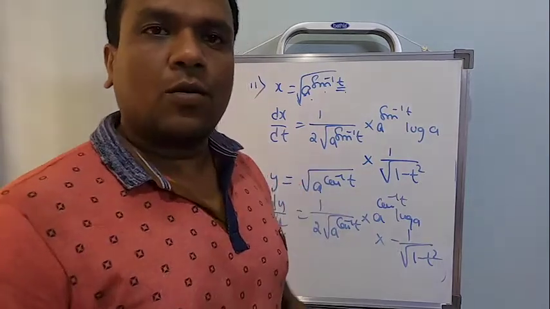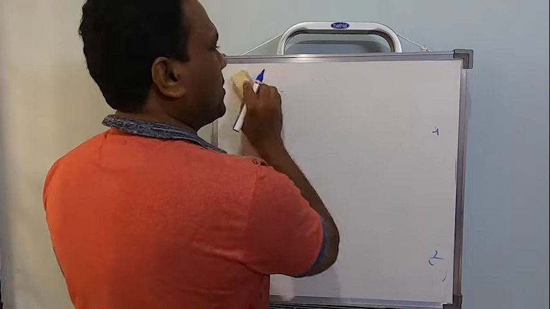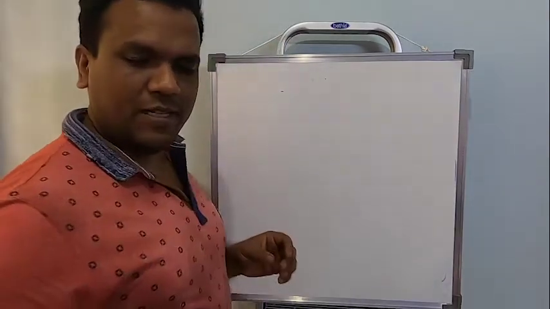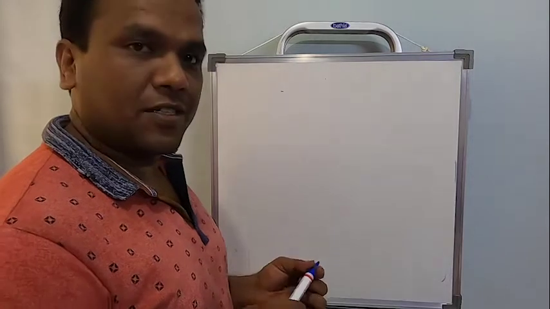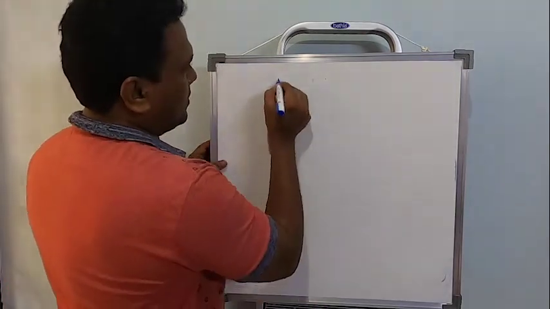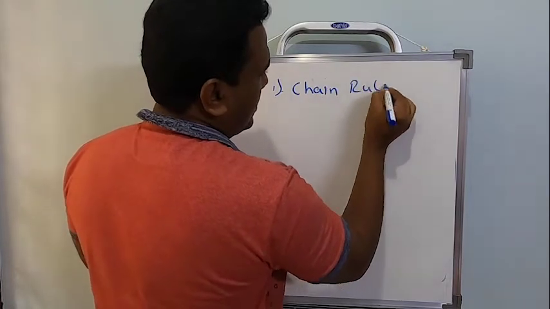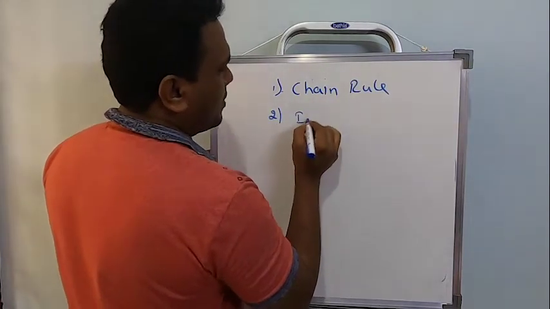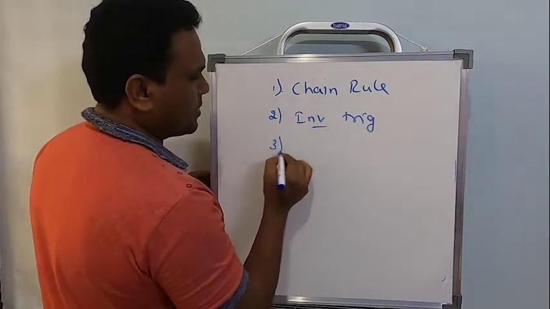Okay students, now let's move to the next type of differentiation. Before we move on to the next type, let us try to revise, try to recollect what are the types we have already finished. Okay, the first one, the problems based on chain rule. Second, the problems based on inverse trigonometric function. The next one,